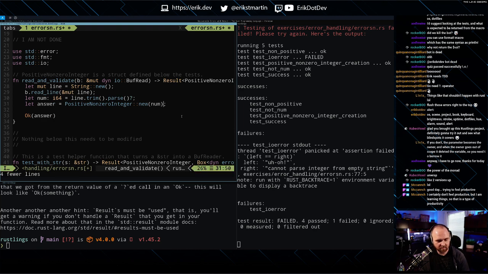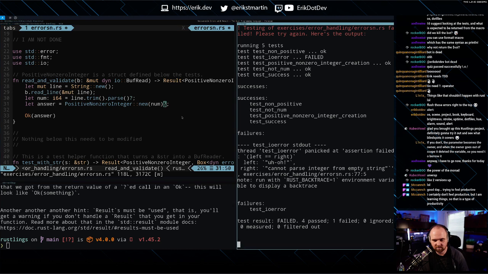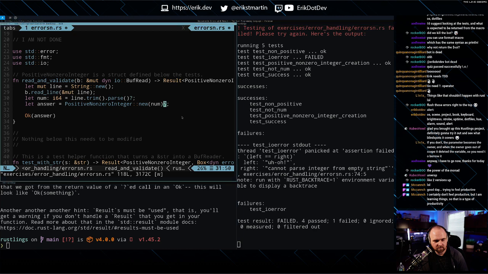And in this case, why does this not work? We get cannot parse integer from empty string. Hmm.